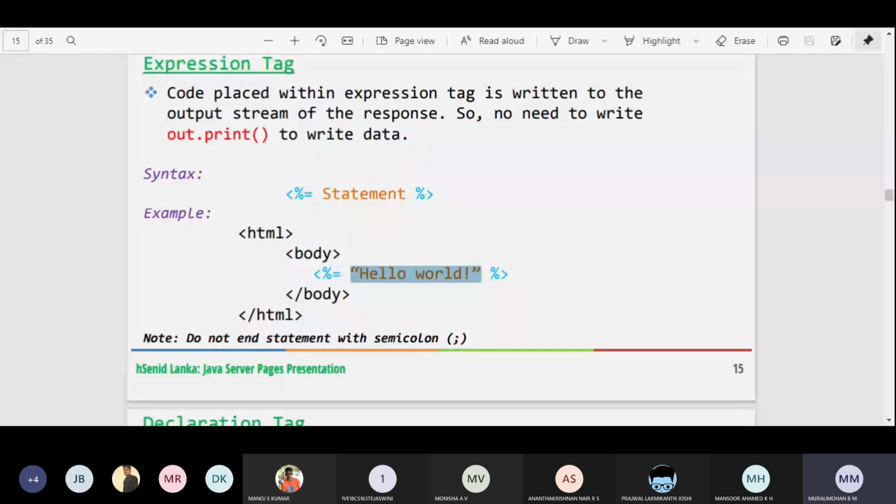You already learned C language, Java, C++, and Python also. Now compare which is easy. Just we are writing one tag, and inside that tag we are writing the content we need to write onto the output stream. Hence the point specifies it requires minimum Java knowledge to write a JSP file. Even the designers can write it, right? Designers means those who write the HTML code.